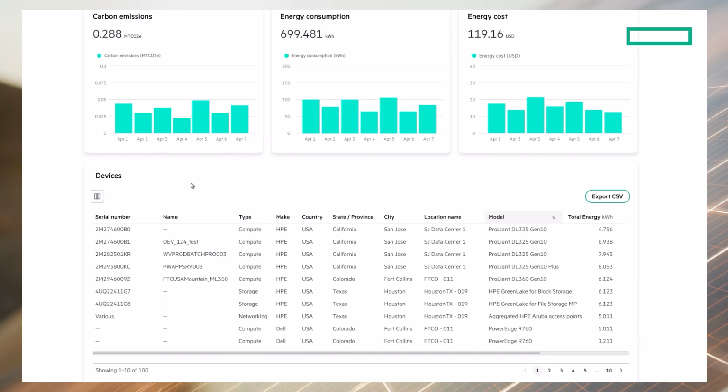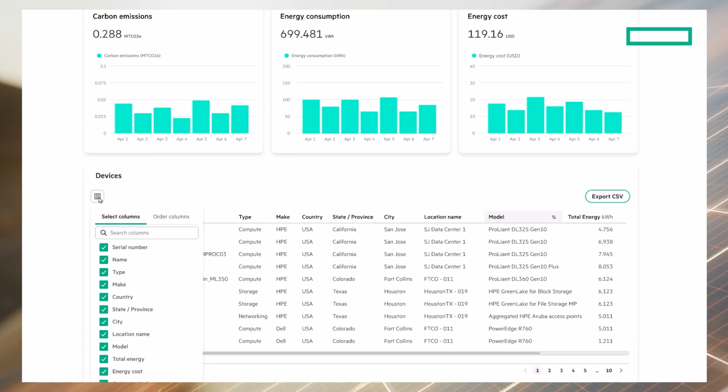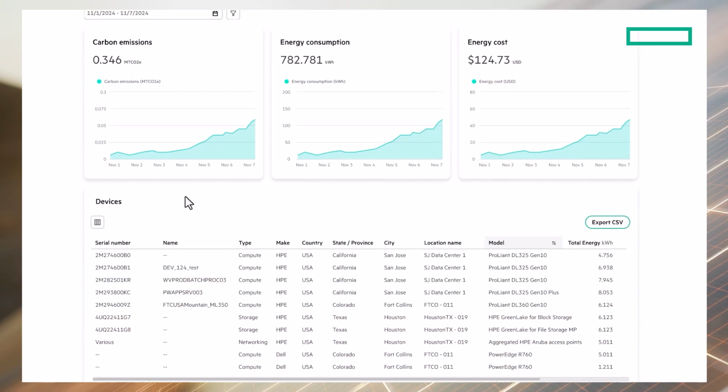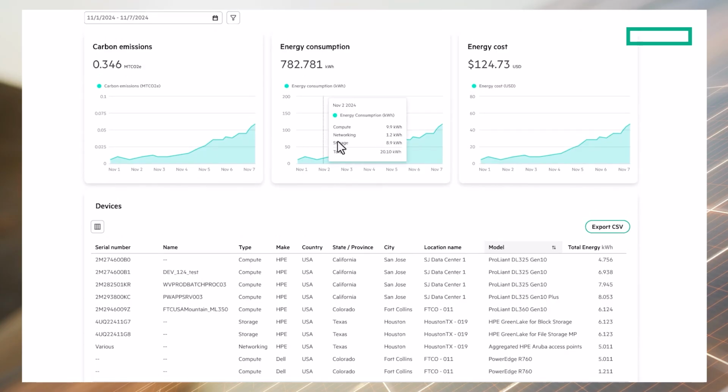From the device table, you can see the infrastructure resources contributing to the total values found in the graphs. This includes type, location, and the total energy consumption for each device. This is how you can actually determine operating costs and make better life cycle decisions for your infrastructure. Sustainability Insight Center's interactive charts also make it easier for you to understand the impacts across various device categories.